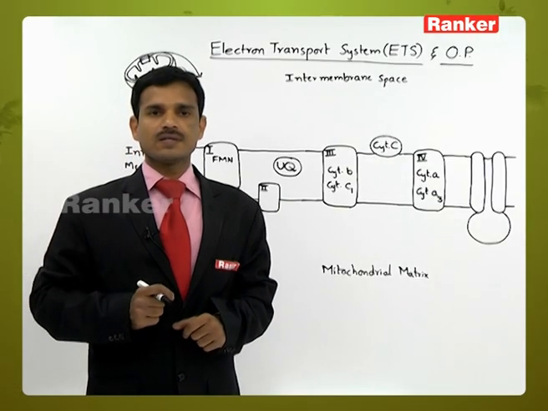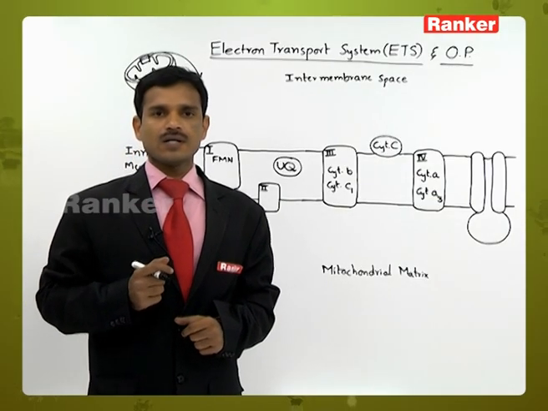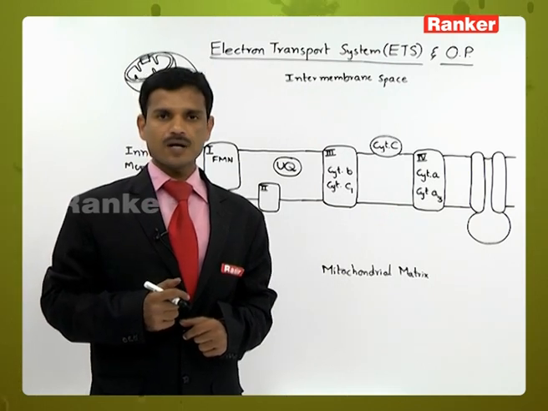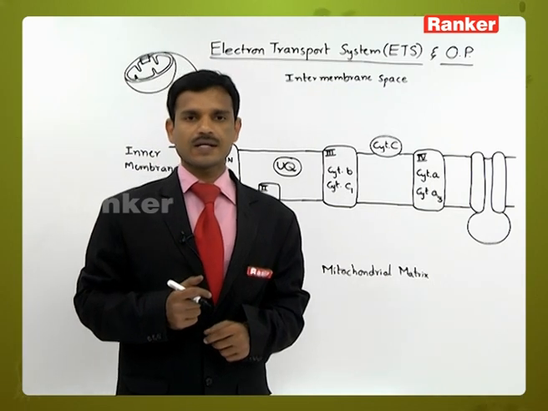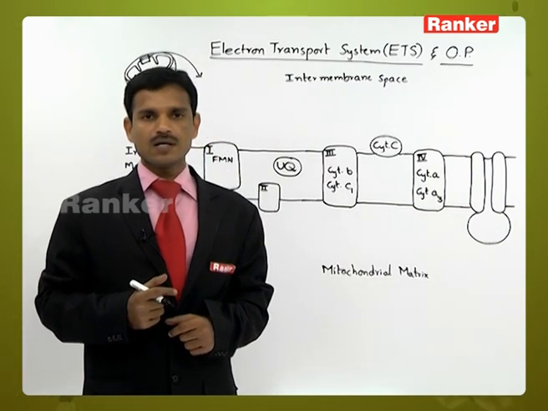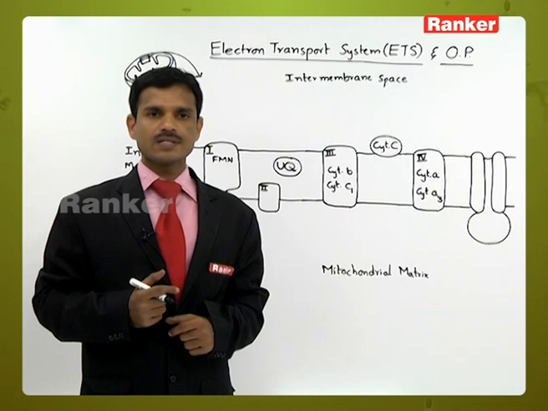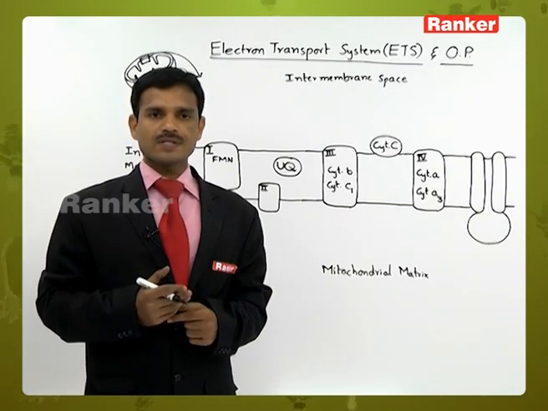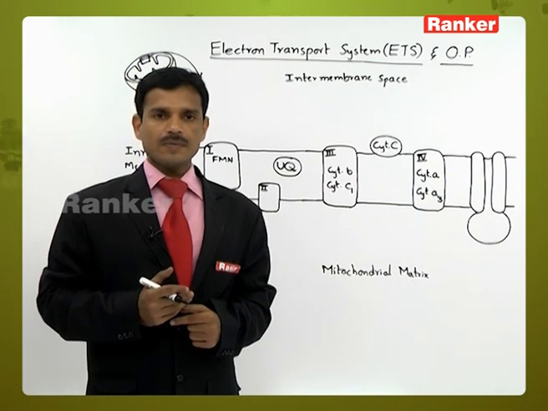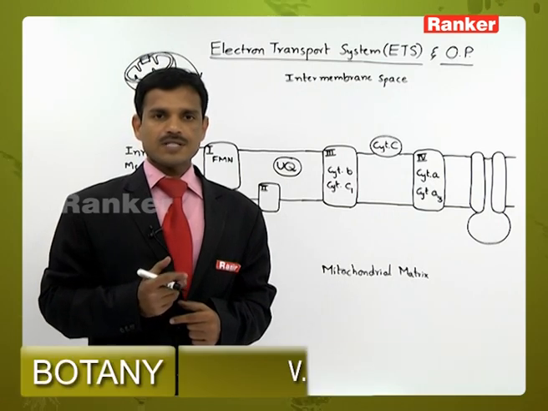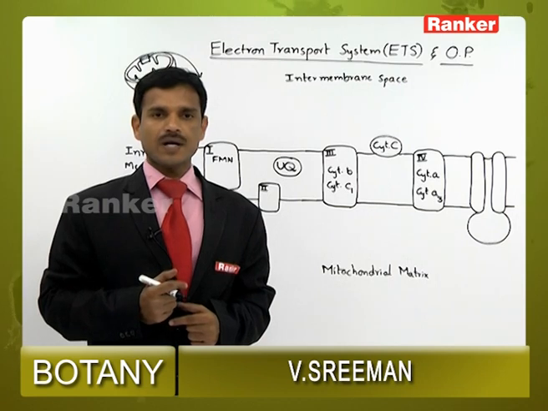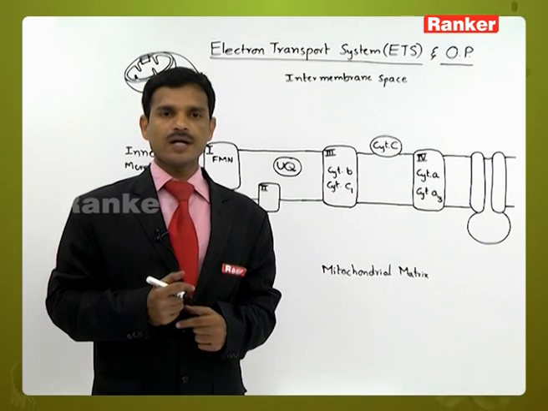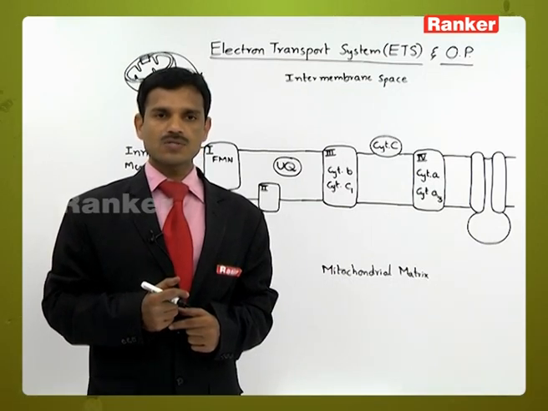In the previous class we discussed glycolysis, pyruvic acid oxidative decarboxylation, and the Krebs cycle. In these three steps the glucose is oxidized into carbon dioxide, and different compounds are formed in different steps. In different steps the NADH2 and FADH2 are synthesized or reduced, and by substrate level phosphorylation some ATPs